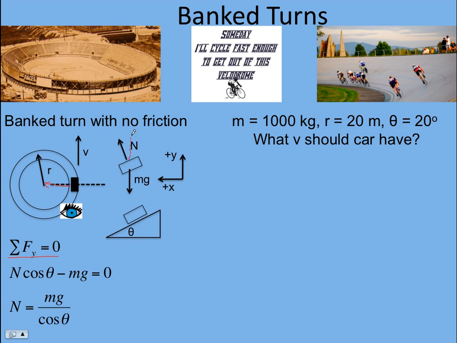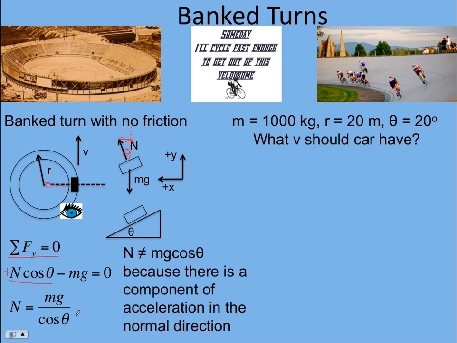And so here's the y-axis. This would be angle theta, and so the normal force has a component in the y direction and a component in the x direction. And the y component is adjacent to the angle, so it's N cosine theta, and it's up, so it's positive. And then the weight is all in the negative direction, so N cosine theta minus mg equals 0. So we get the normal force is mg over cosine theta,